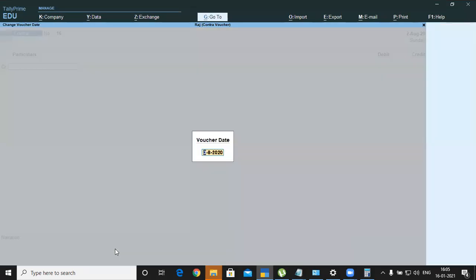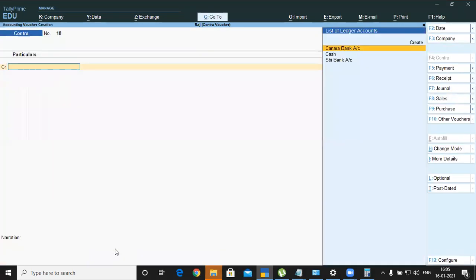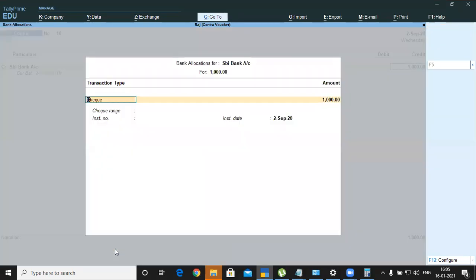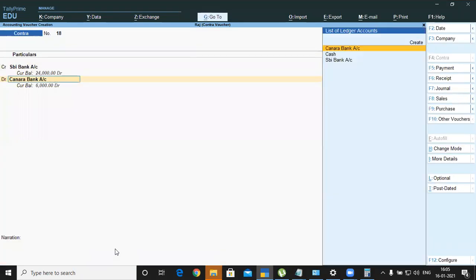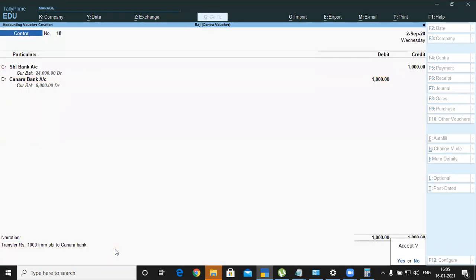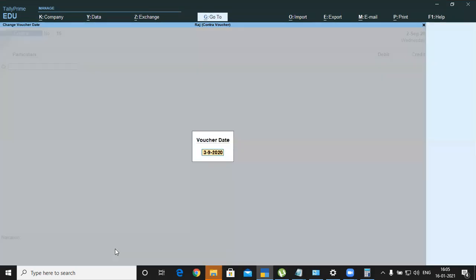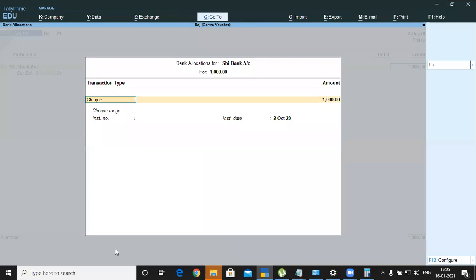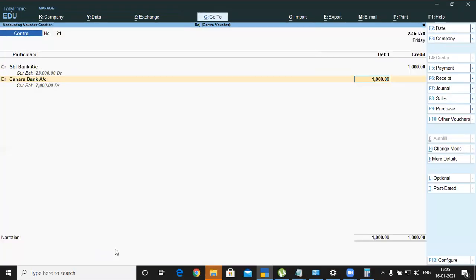Next September, SBI 1000, Ctrl R. Next October, 2nd October, SBI 1000 rupees. Press enter key, Ctrl R.